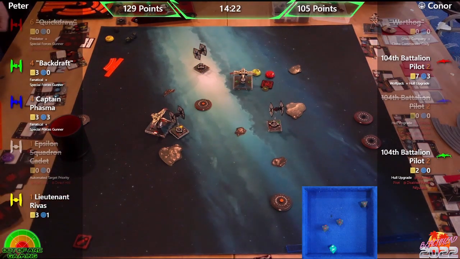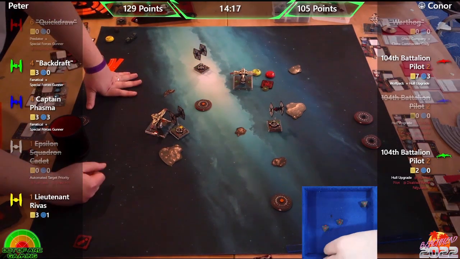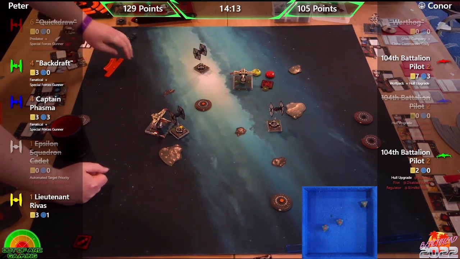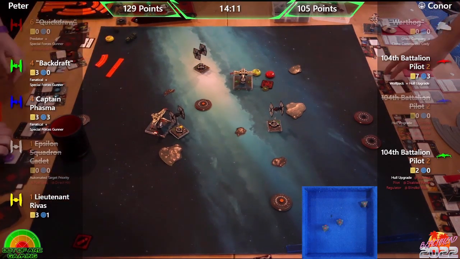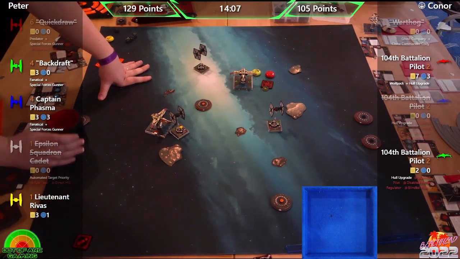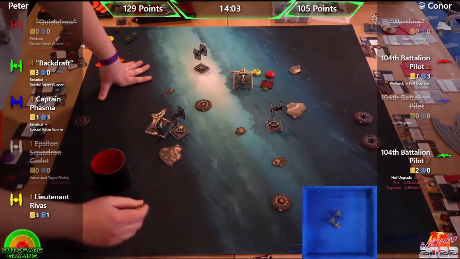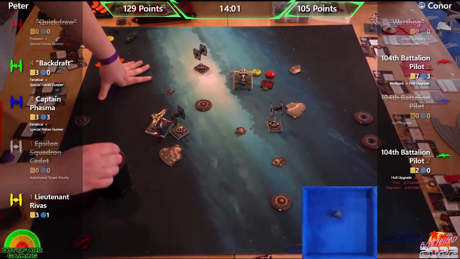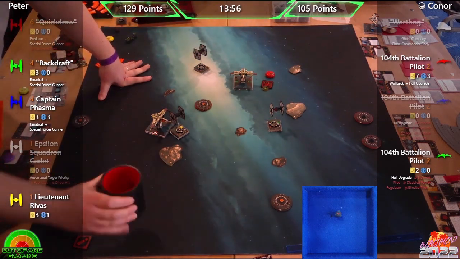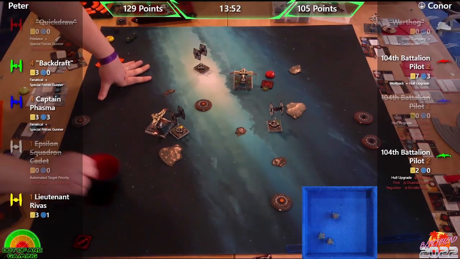And that crit. Blinded pilot. Not that it's really going to help much. I do believe that we are about to see green go down there. Death of an arc. Oh, needs to spend the target lock to do it, though. I mean, there's 1 damage going through for definite. You got fanatical. That is...